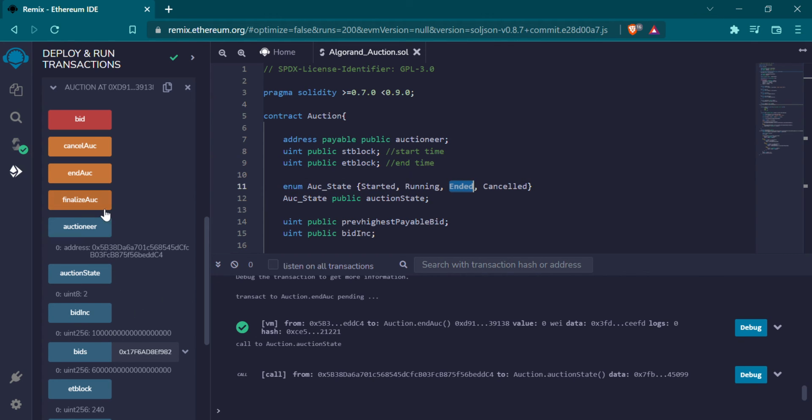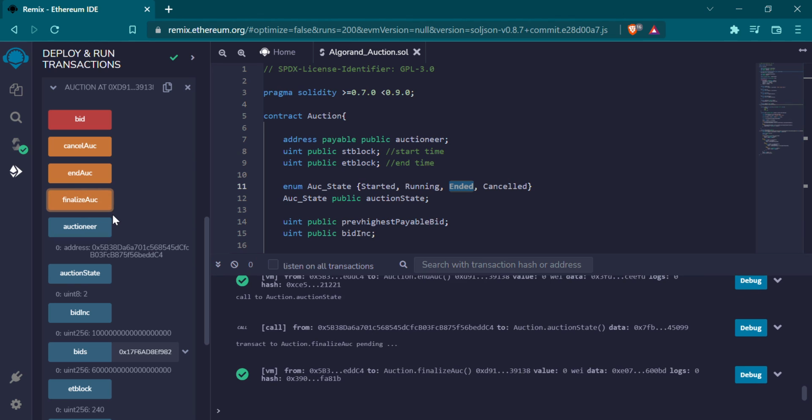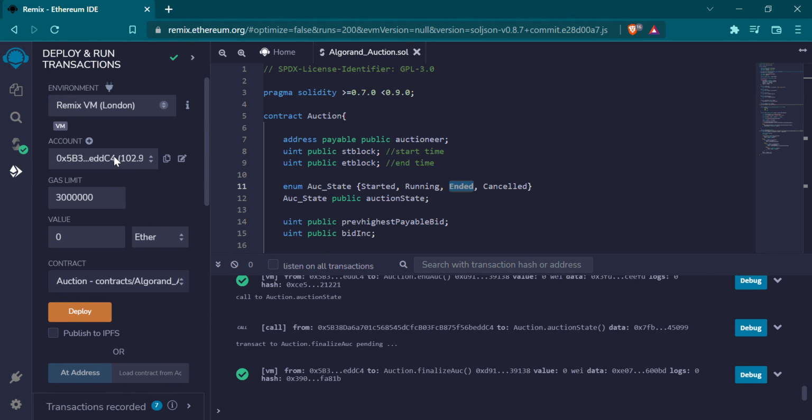And for finalizing the auction, the finalize auction button enables the transfer of the highest bid to the account of the owner. If we click here, see,